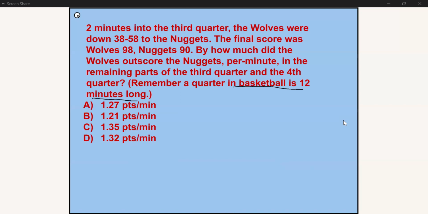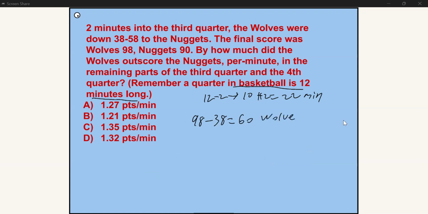So now we're going to do, first, let's find how much time is left, right? So we have 12 minus 2 minutes for the third. So that gets us 10 plus 12. So we get 22 minutes left. And now let's see how much they outscored them by. So let's see how much they scored. They went from 98. They started at 38. So they had scored 60